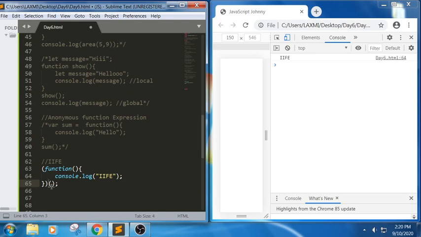We need to place parentheses immediately after defining it. First we need to define the function expression here, and next we need to call it. First we will be defining this one, and later we will be placing this parenthesis in order to call it.